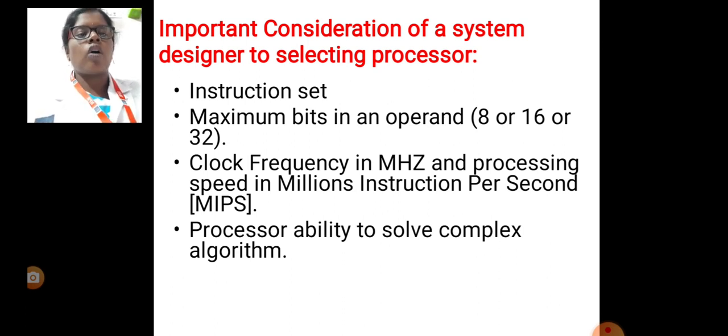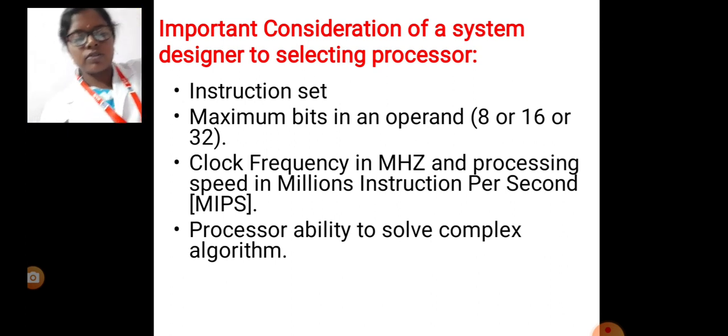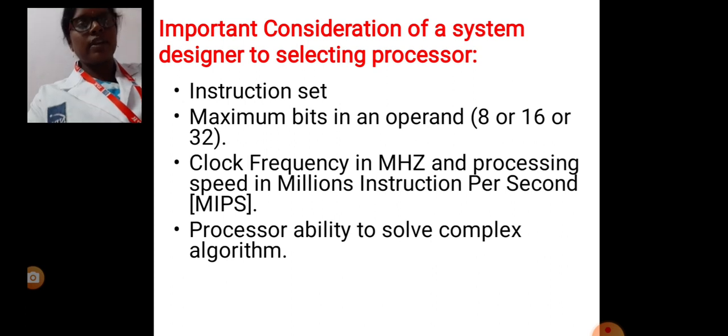Another consideration is the processor's ability to solve complex algorithms. In processor selection for embedded systems, there are four cases. In the first case, the system has a processor instruction cycle time of approximately 1 microsecond, and on-chip devices and memory can suffice. Examples are automatic chocolate vending machines, a 56 kilobits per second modem, robots, and data acquisition,